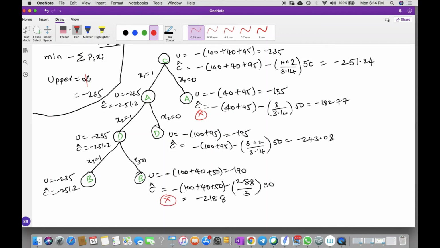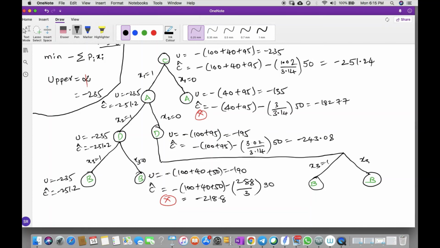So this is killed. So we have pursued D with both the nodes, but we did not pursue this particular node. So let us pursue this particular node. Since there is no space, I just drag these to the right side. So here once again I'll expand into two ways, the same B node. So when we see here, it can be either x3 is equal to 1 or x3 is equal to 0.